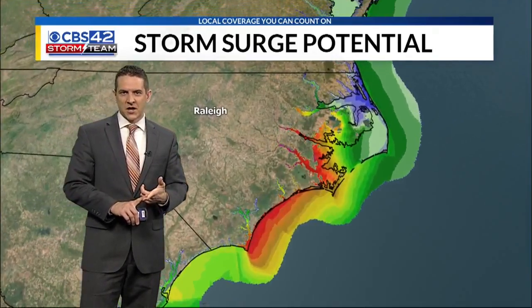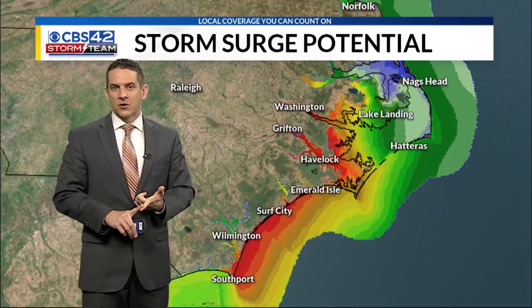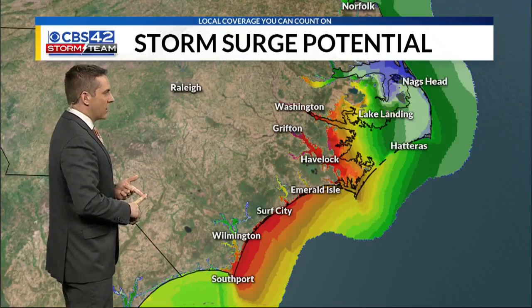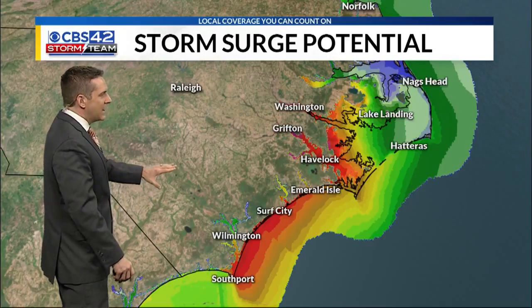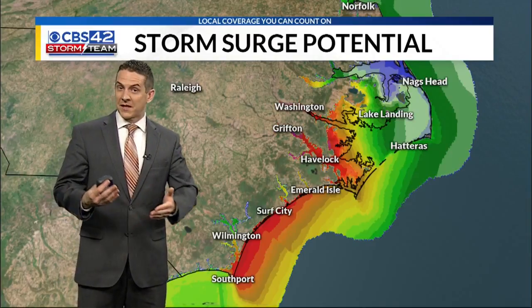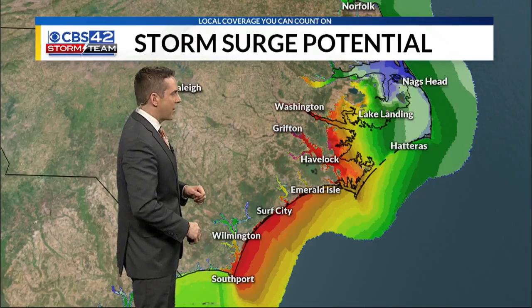So Art was talking about a double whammy, triple whammy as far as the impacts go. Storm surge is going to be the first thing that appears on the Outer Banks and along the coast of North Carolina, anywhere east and north of landfall. That's going to be the worst part of the storm. That's where we're going to see the worst storm surge, and that looks like folks along the Outer Banks and